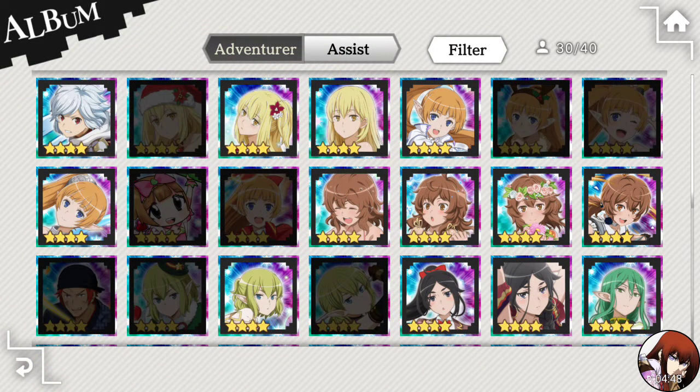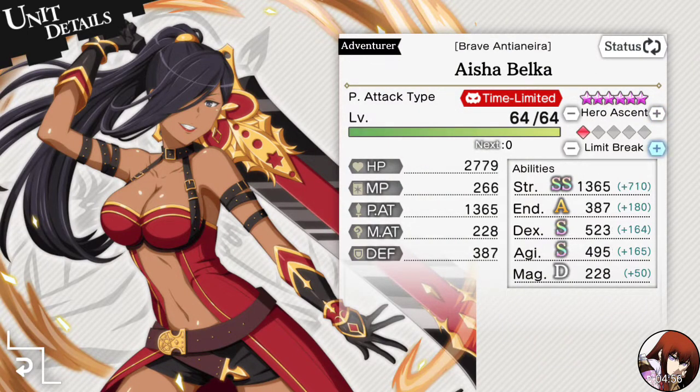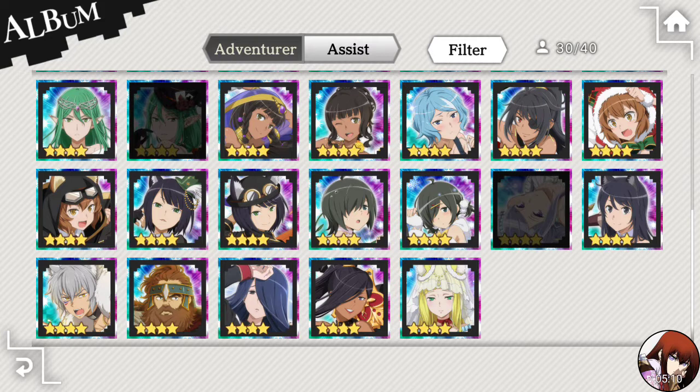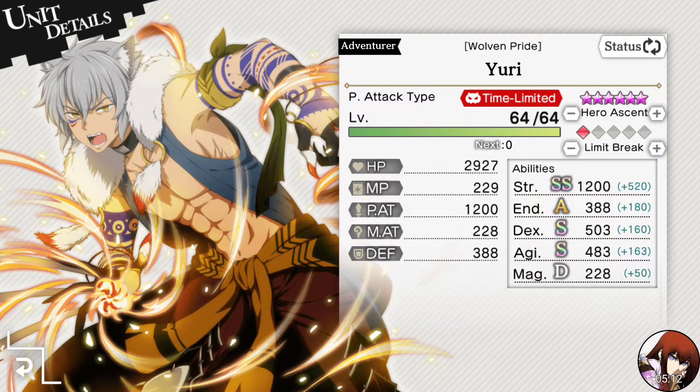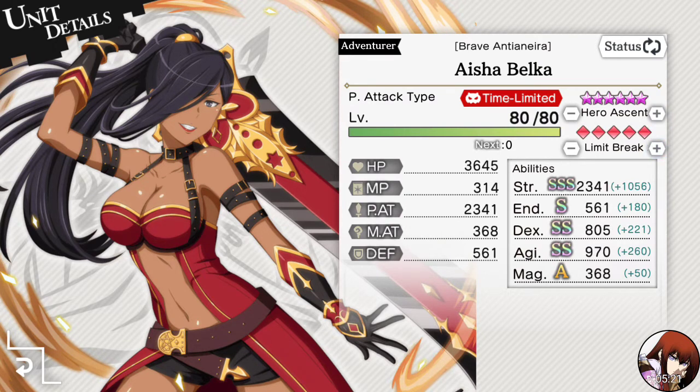So the first banner is Belle and Aisha. Let's go to Aisha. So look at her strength, it's very high, it's 2300. That is higher than I believe Ryu by a lot. Yep. So I believe she is one of the units that is above